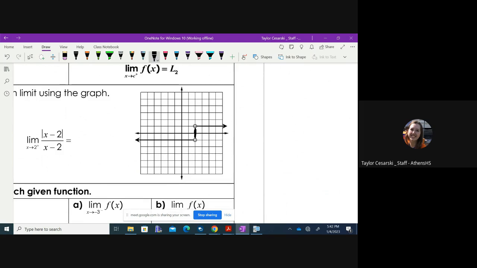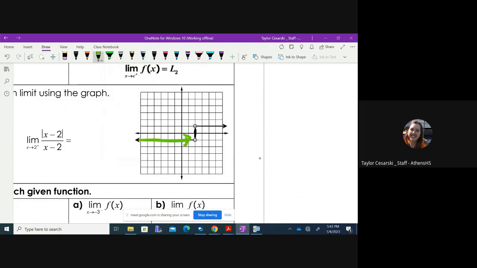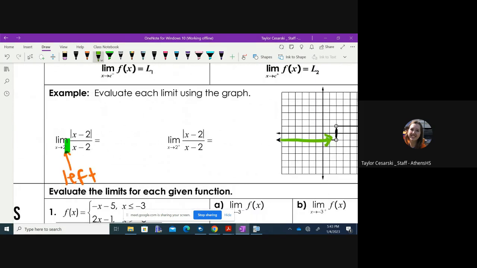For example, looking at this graph right here, this notation says as x approaches 2 from the left, this little negative, as it's not an exponent, but it looks like an exponent, means what's happening from the left side. If I look at 2, the limit does not exist because it's going one way from the left side, one way from the right side. But when I'm coming from the left side, only looking at the left side, I can describe what's happening. It's approaching negative 1. Same thing here, when there's a plus as the exponent, that's saying I'm coming